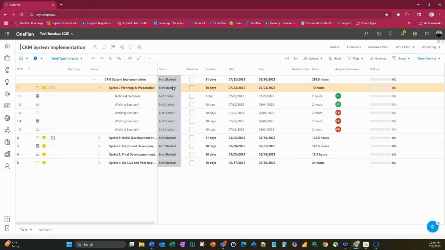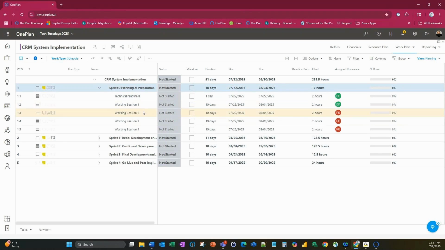I always recommend when you are doing your sprints, and in this example, we're doing 2-week sprints. So we do have a 10-day sprint. Set your sprints up with your start date and your due date, and then your various tasks that you need to complete that. Now, granted, you may have more than just 4 working sessions to gather all the requirements that you're going to need, so that you can write good user stories, so that you can start doing your configuration and your work. So you may need more than that in your Agile, but for this demo, we're just going to show you what I recommend.